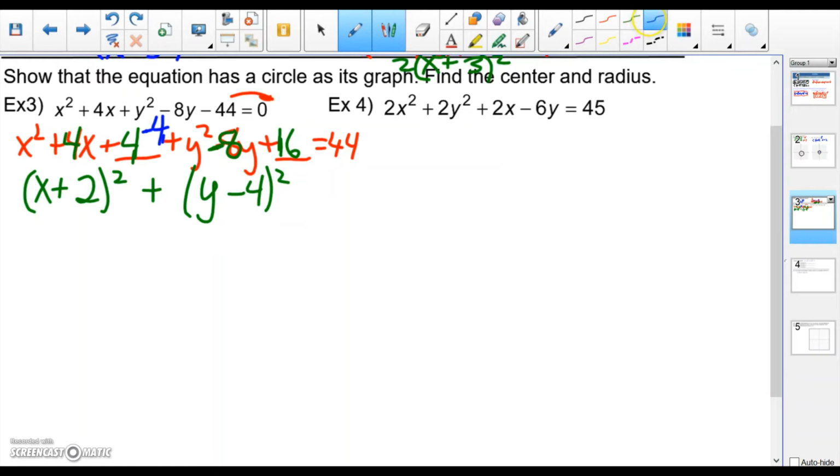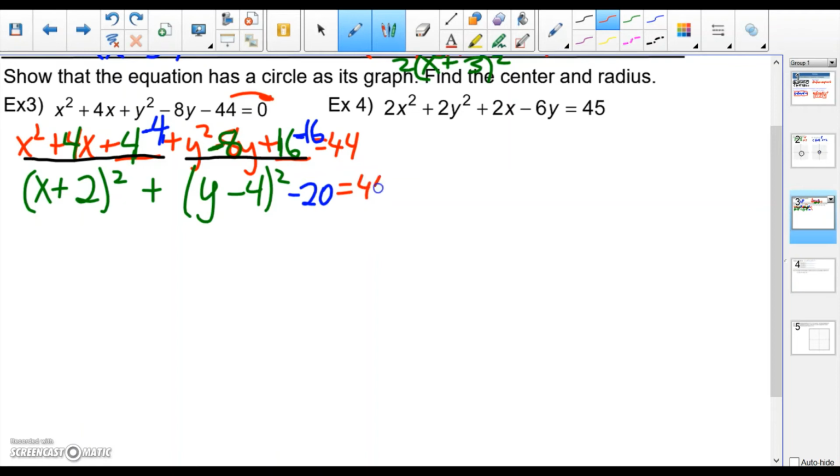But again, the problem is we added 16 that kind of just came out of nowhere. So we're going to subtract 16 just to cancel it out. So it's like we didn't do anything. We added 4, subtracted 4, we added 16, we subtracted 16. So your squares are coming in. Right here is x plus 2 squared, and right here is y minus 4 squared. But we've got those minus 4 and the minus 16, which put together is minus 20,